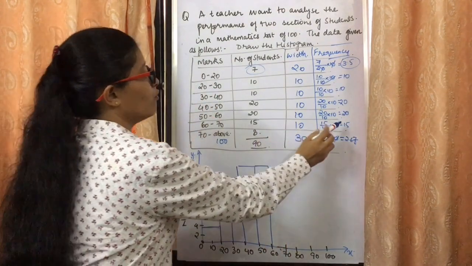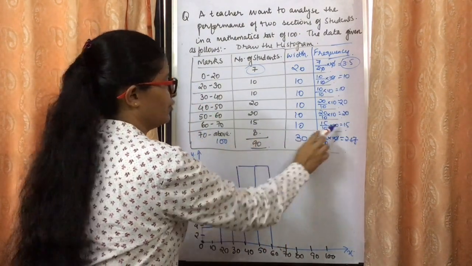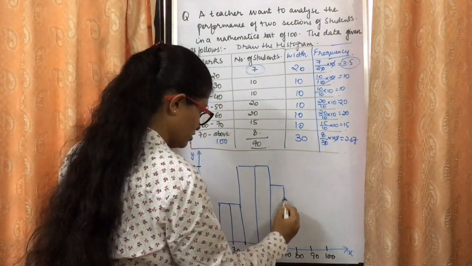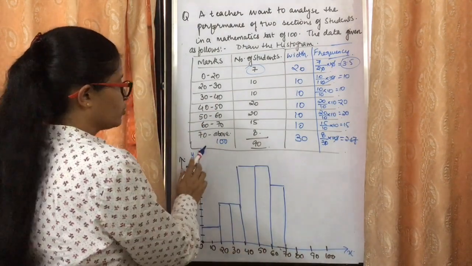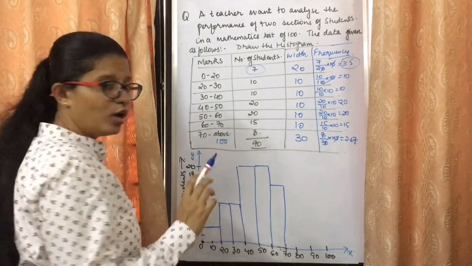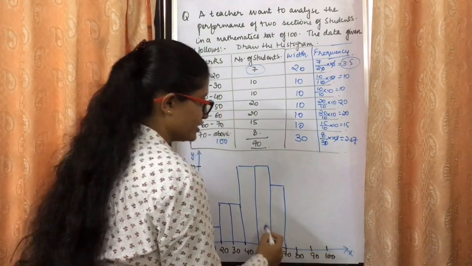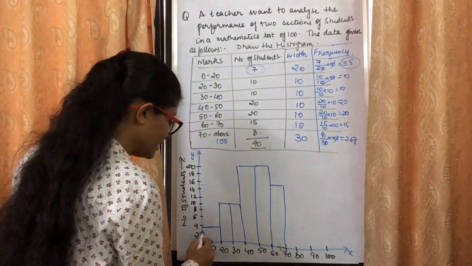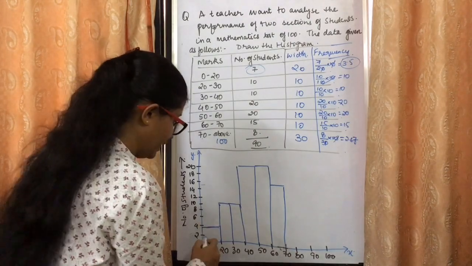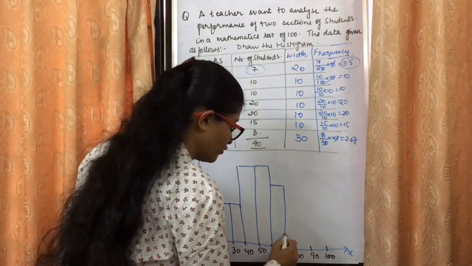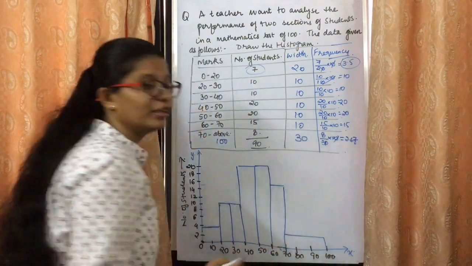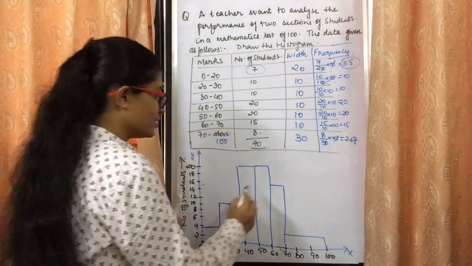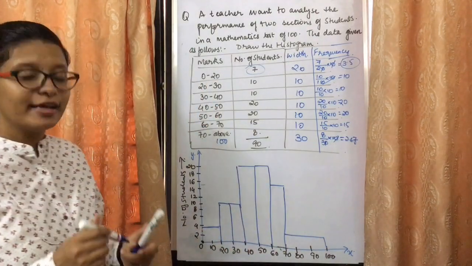ठीक है? Now we have 60 to 70, 15 है हमारे पास. 15 will be in between of this. ठीक है? Now 70 to above. 70 to above मतलब कि 100 तक. 70 above means this. This is 2.67. 2.67 will be slightly here below 3, which you can see in the gradients which you have in the graph paper. So this is 70 to 100. So this is the way how we can plot the histogram.